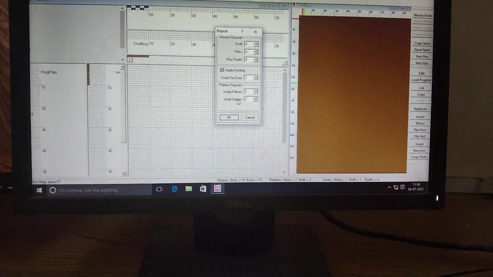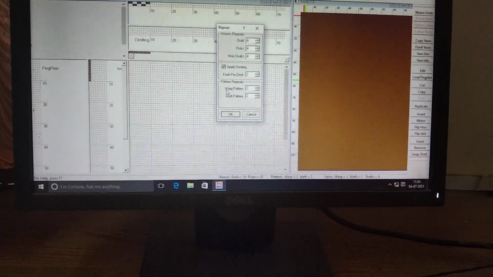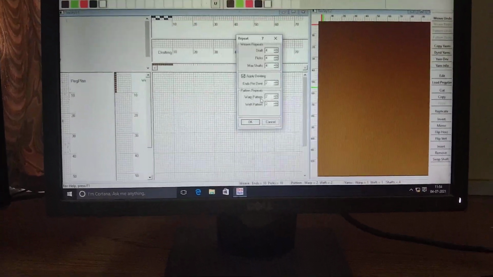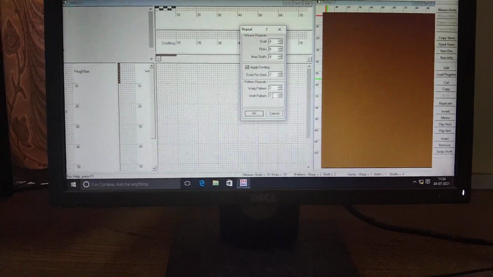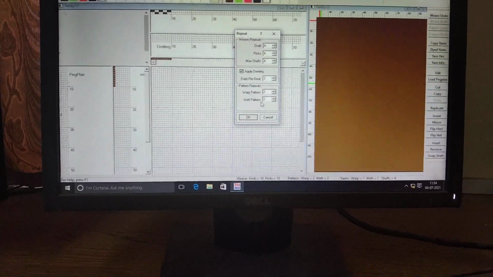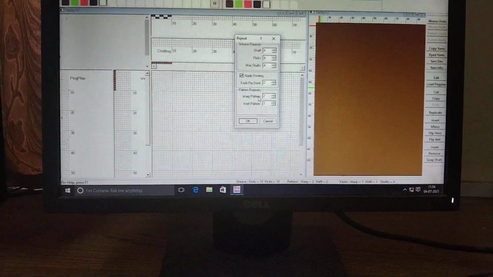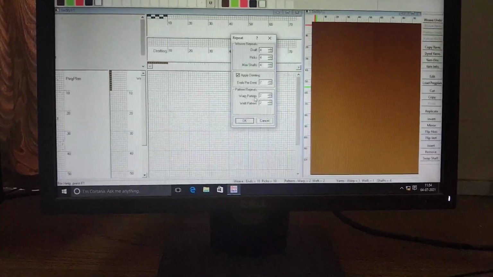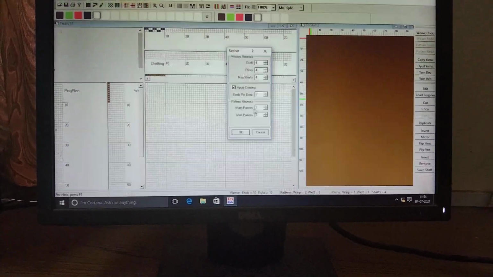Which type of pattern do you want? If I want only stripes, then I go for warp pattern only, and weft pattern is 0 or 1. If I want a check, both patterns will be in working condition. Now we will go for check.